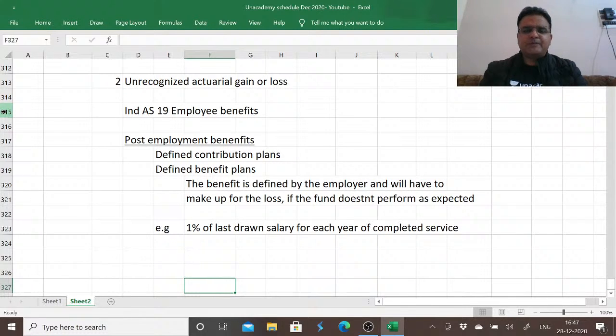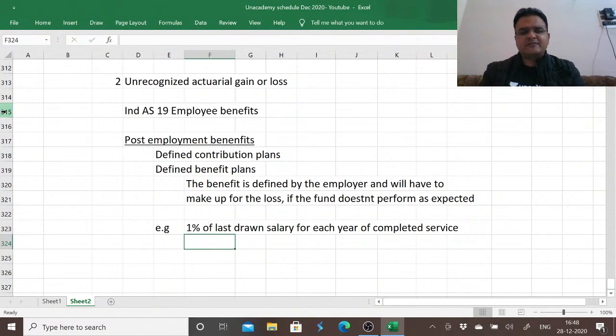So we include the expense related to the income earned by the employee in the year in which they have earned it. We charge it to the year in which they provided their services. So we discount it to present value and include it as part of our current service cost. If there is any change in this defined benefit, if there is any past service cost, we also charge it as part of the P&L, because that's a decision made by the management to bear this additional cost. If there is any benefit paid out of the funds, our liability reduces, our asset reduces. So we are able to account for the transactions between the opening and closing balance.